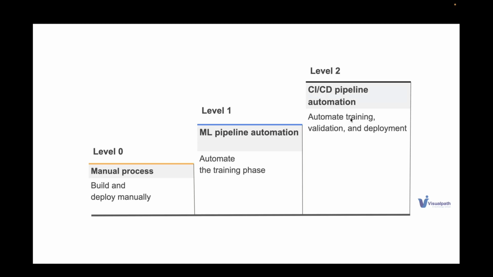That's nothing but automating the training, validation, and deployment. What do we mean by validation? You have created one model, but you will not directly push that model into production. You will validate if the model is good enough compared with the previously deployed model. If you have no deployed model in production, then you will validate with the data and everything else. Only then will you push things into production. Without that, we will not be doing that. That's all the process building we have to do.